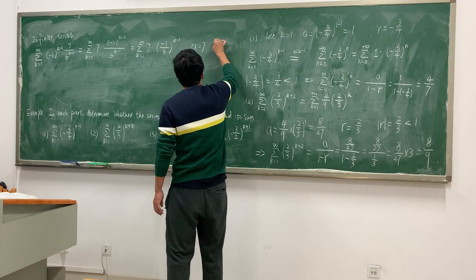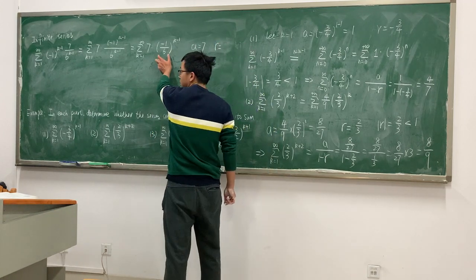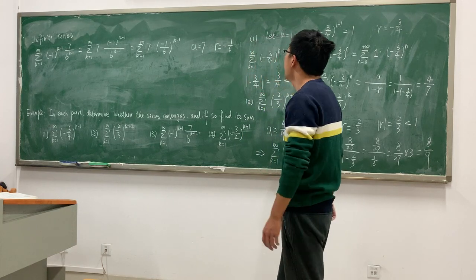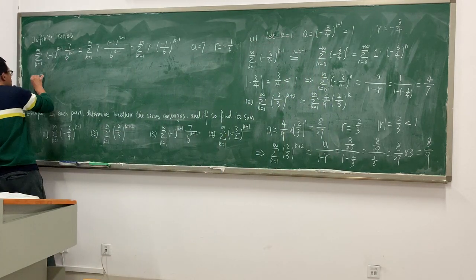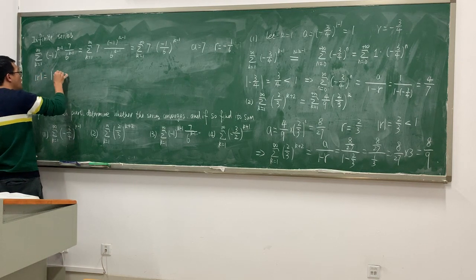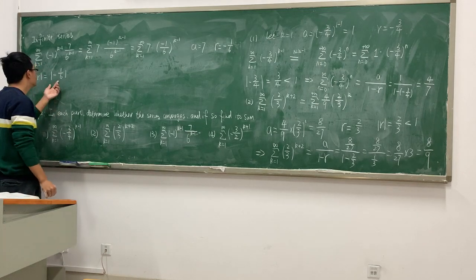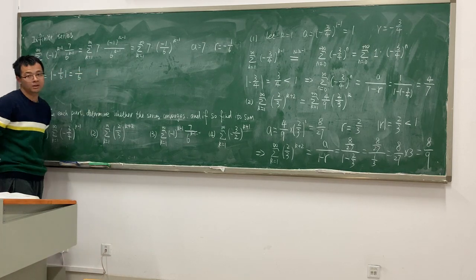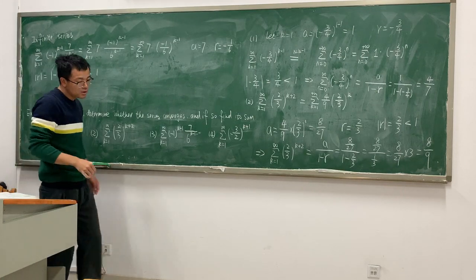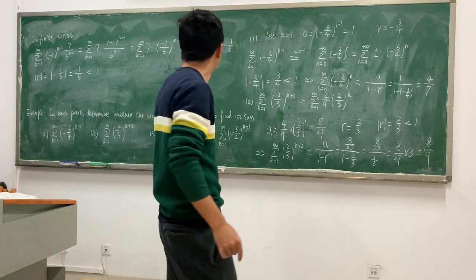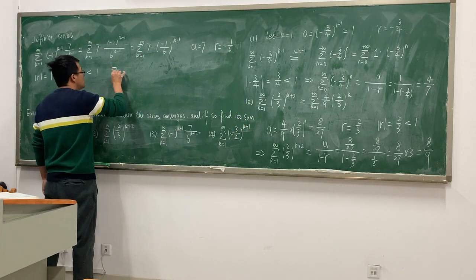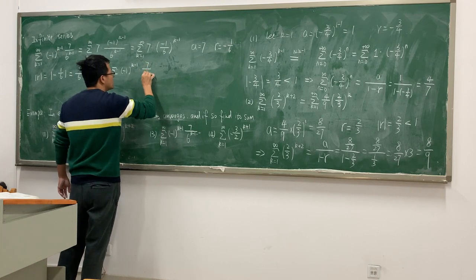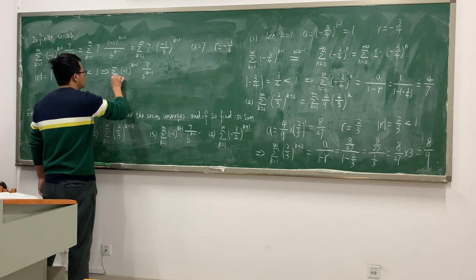And R equals what? R is the ratio, so it's minus 1 by 6. The absolute value of R is the absolute value of minus 1 by 6, which is 1 by 6. Is it greater than 1 or less than 1? Less than 1. So this series converges. So the series, the sum of (-1)^(k-1) times 7 over 6^(k-1), where k runs from 1 to infinity,